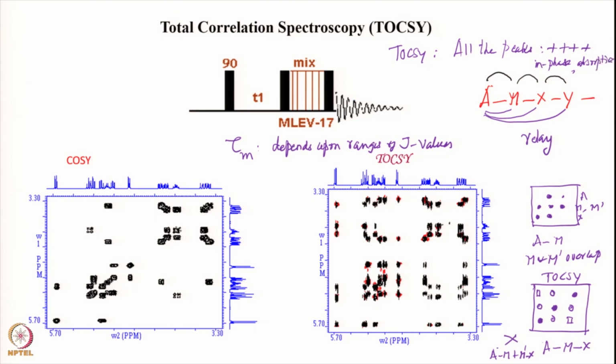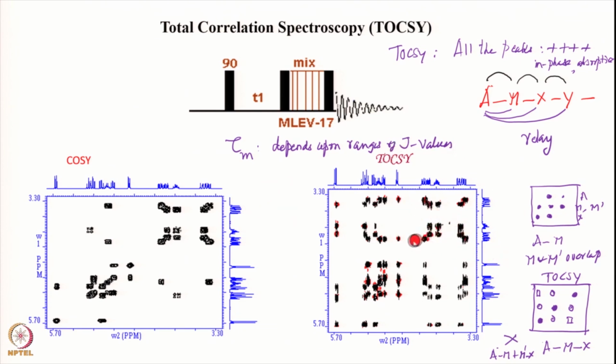Therefore there is no dispersive character at all. So the resolution here is much better than what you have in the COSY. Notice this is true for both the diagonal as well as the cross peaks. Therefore the diagonal is also pretty clear. The peaks which are very close to the diagonal can also be resolved